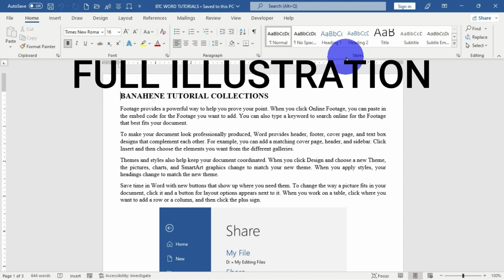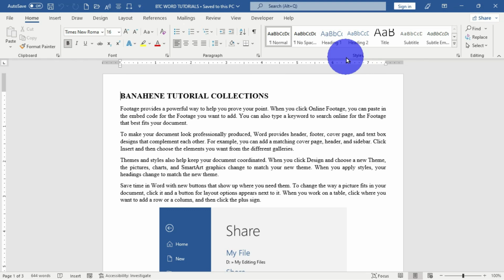I'm going to walk you through a practical illustration where the status bar is located, what are some of the features enabled, and also how you can manually activate some features on the status bar to keep you going when creating your professional document. Now, I have this beautiful Word document open as usual from Banahene Tutorial Collections, and when